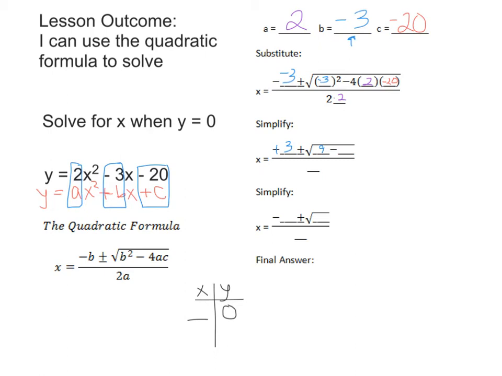Now, another place that people make mistakes is over here, because there's this minus sign right here, and if we bring that minus sign right to here, then we have to ignore it when we do this multiplication, which is one way of doing this. And there's another way of doing it too, thinking about that as being a -4, but instead I'm going to bring that negative right here, that subtraction sign right here, and I'm going to multiply 4 times 2 times -20. Well, 4 times 2 is 8. And 8 times -20 is -160. So we now have -160